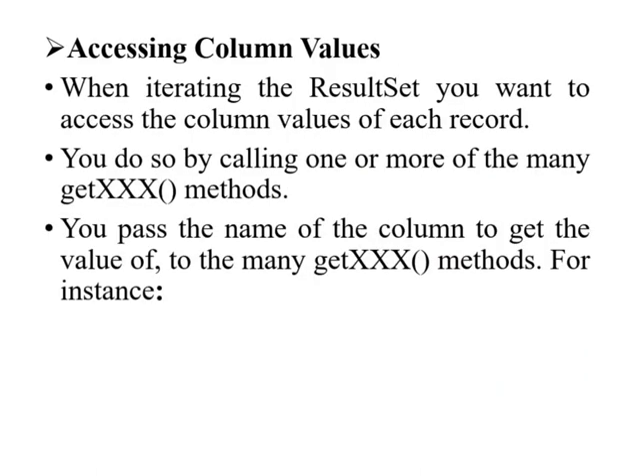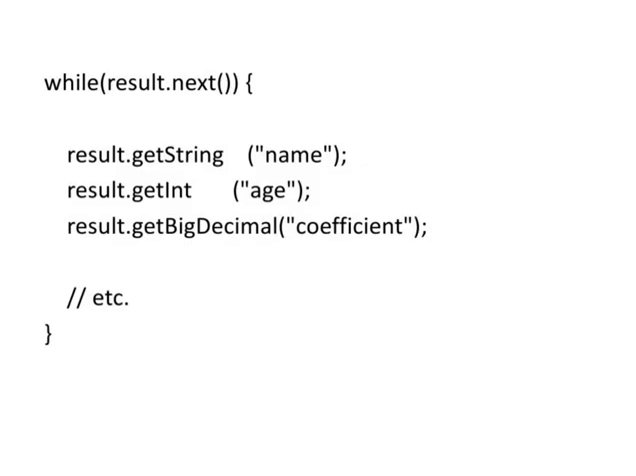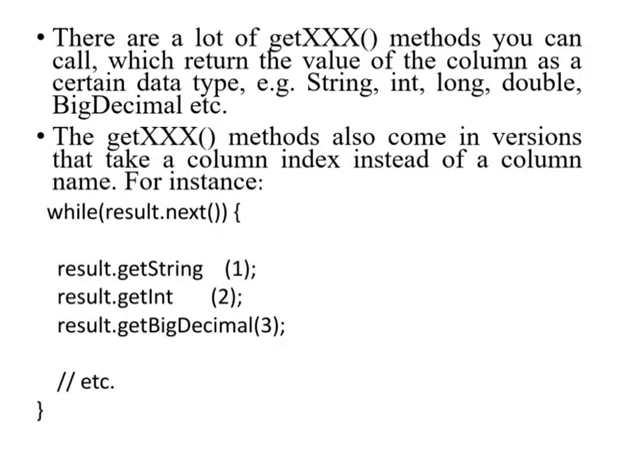Then next, how can we access the column values? When iterating the ResultSet, you want to access the column values of each record. You do so by calling one or more of the many getXXX methods. You pass the name of the column to get the value of to the getXXX method. Let us consider the example of accessing the column values, that is while (result.next()) { result.getString("name"); result.getInt("age"); result.getBigDecimal("coefficient"); etc. }